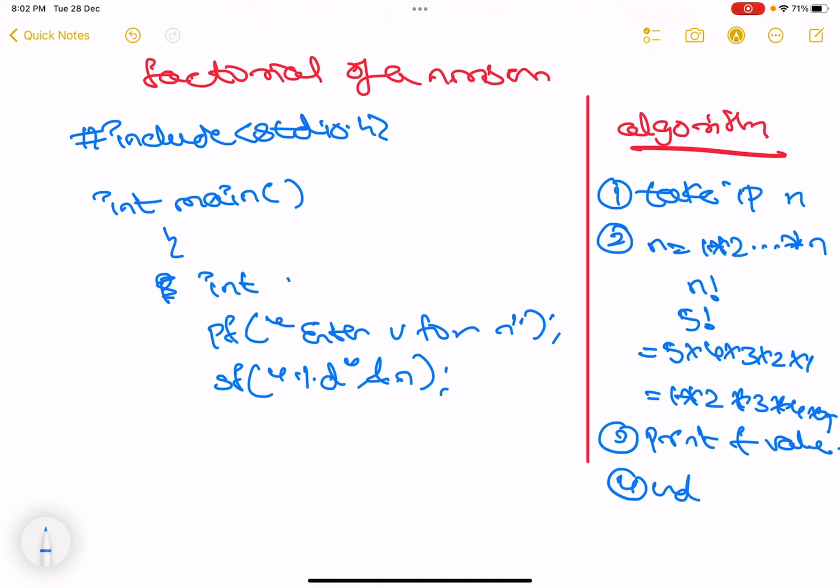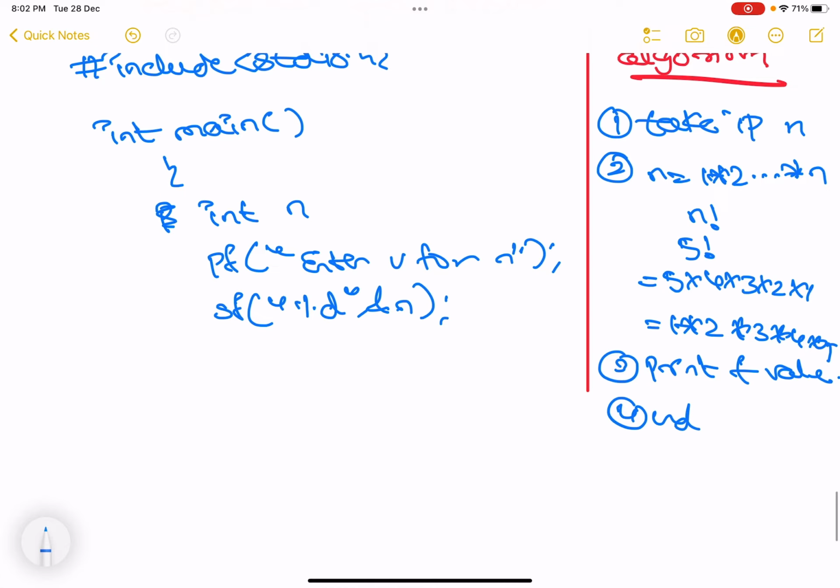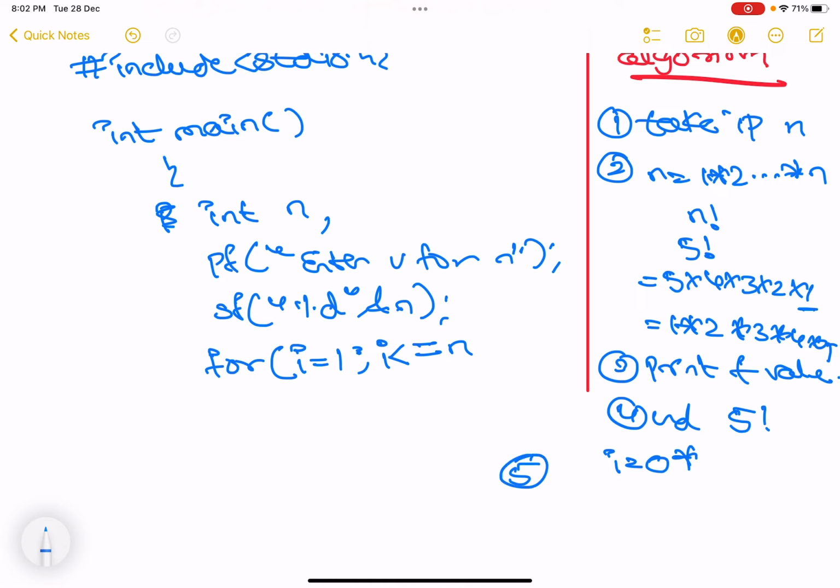So the first variable we need is n. Second, for, now watch, for i is equal to 1 because factorial starts from 1. Don't initialize i is equal to 0. 0 into anything is 0 only. Okay, i is less than or equal to n, because for factorial of 5, 5 is also a number which you need to multiply.